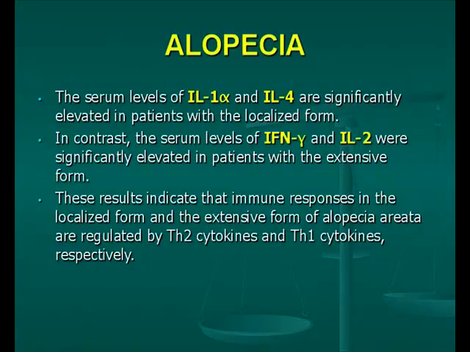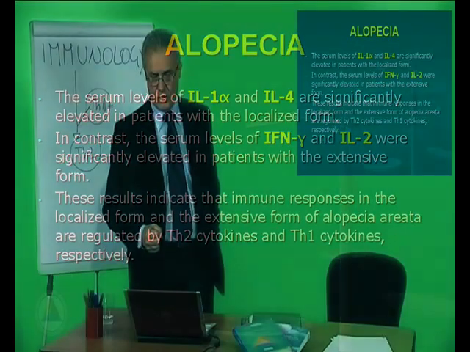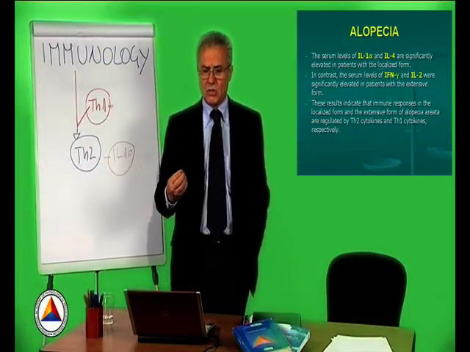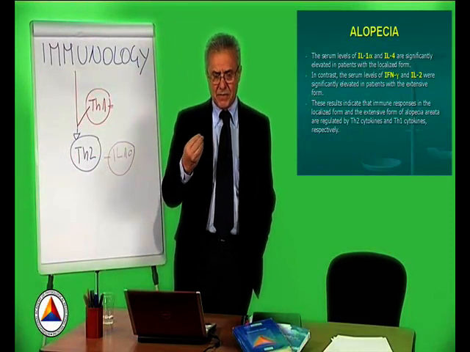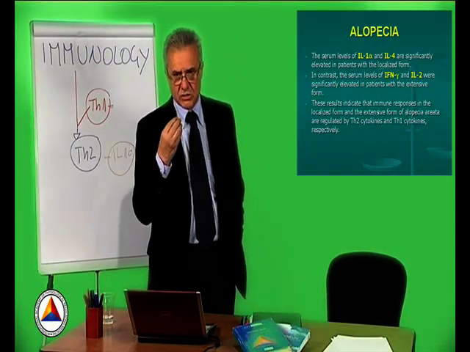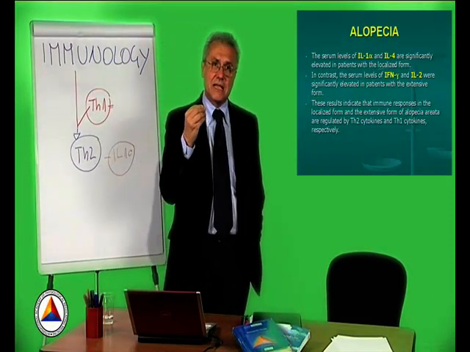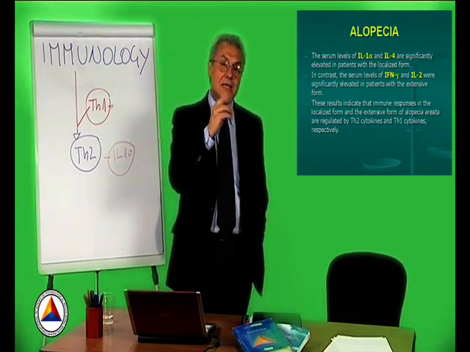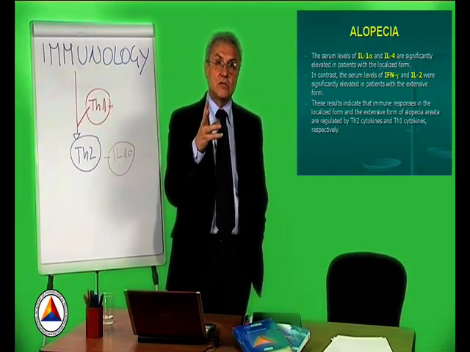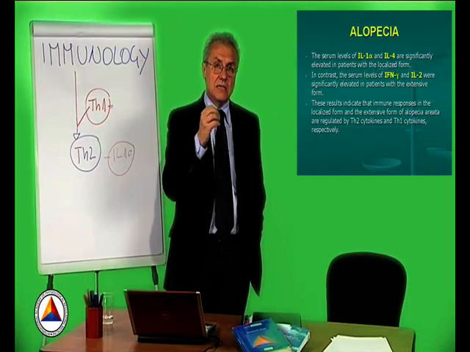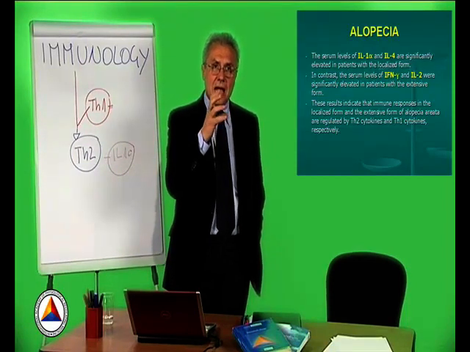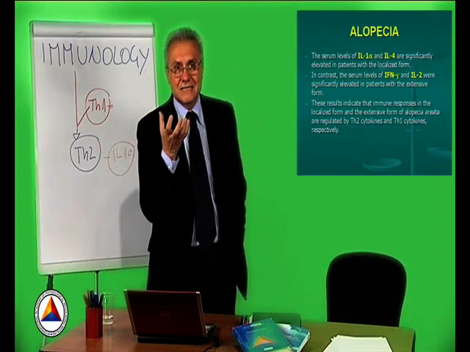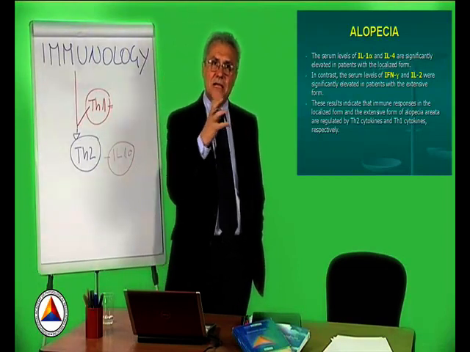We see that the concept is always the same. There are some general data, and there is then the individual pathology, and the studies of the individual pathology often give us some information that may sometimes even be slightly contradictory to our Th1 and Th2 concept. However, we have to abide by a particularity of the ratio. So what should we do in terms of a therapeutic scheme for alopecia?